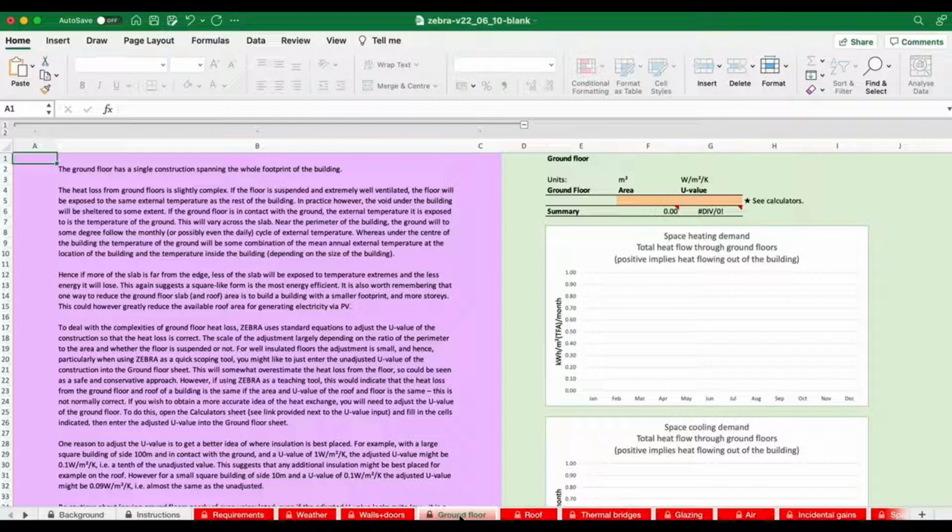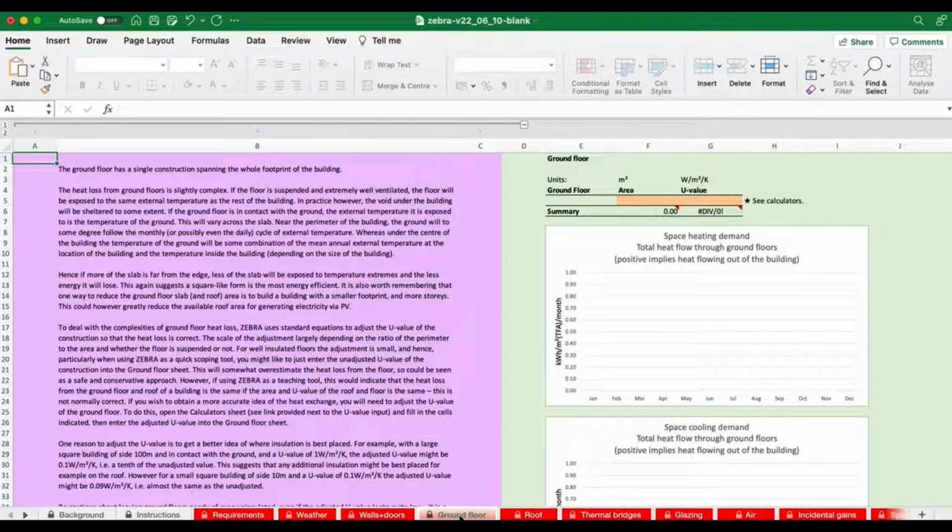However, around the outside of the building, so the ground floor slab that's much nearer the outside world, the temperature directly under there will be closer to whatever is happening in the outside air. It won't be the same. So we need to do some kind of calculation that says, oh, the building is not as exposed with reference to the ground, the ground floor, as if it was sitting on stilts, but some of it is more exposed than others, and